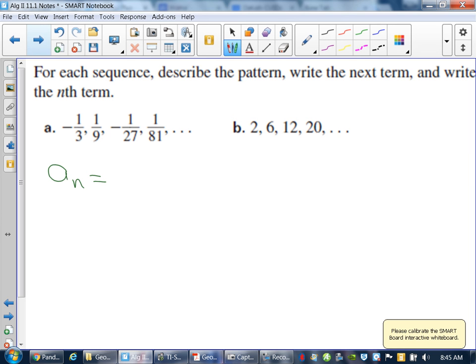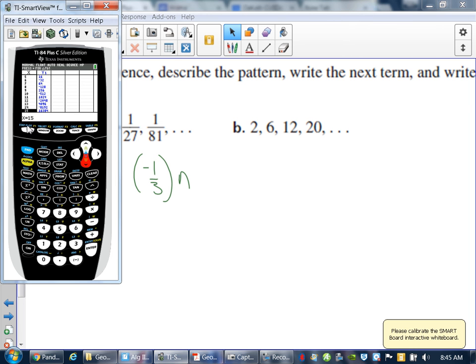So if it's negative, you're saying this. Now, here's what we can do. If you say that's what you're looking at, how could I verify if you're correct? Exactly. Go right to your table then. Go to your table, y equals, and type in what you say is your idea. So it's negative 1/3 n. You can leave it as a fraction like that, it's not a big deal, because it's just one singular value. So if I go to my table then,